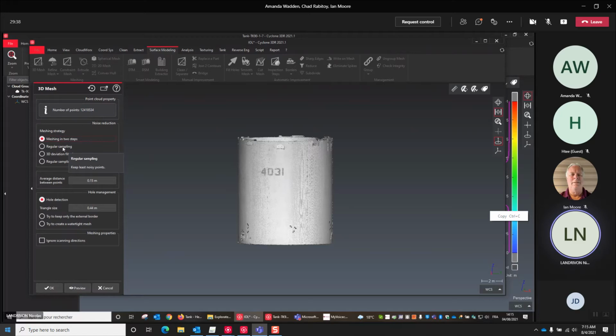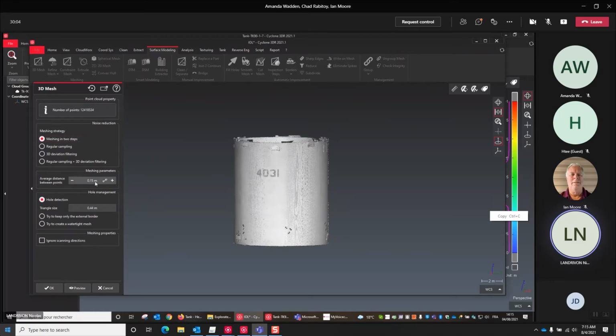The idea is to pick up the base point, and the software will try to compute the best sampling distance according to the number of points and the dimension of the model. This is why here it's indicated 0.15. We are working in meters, so it's in meters.